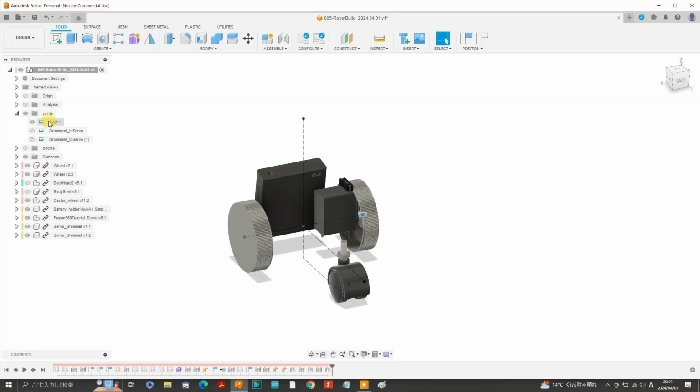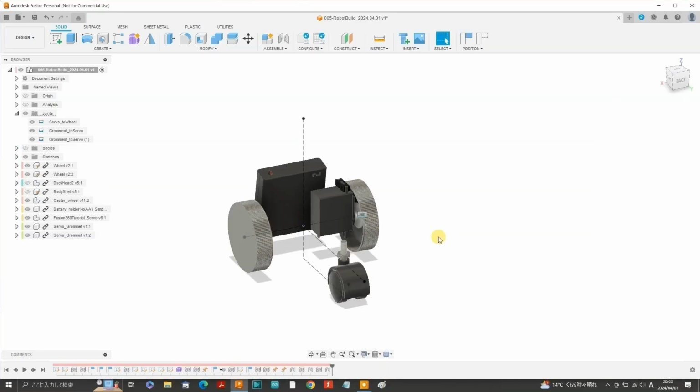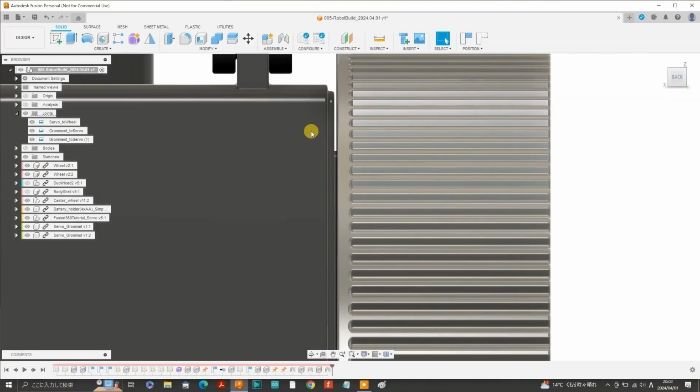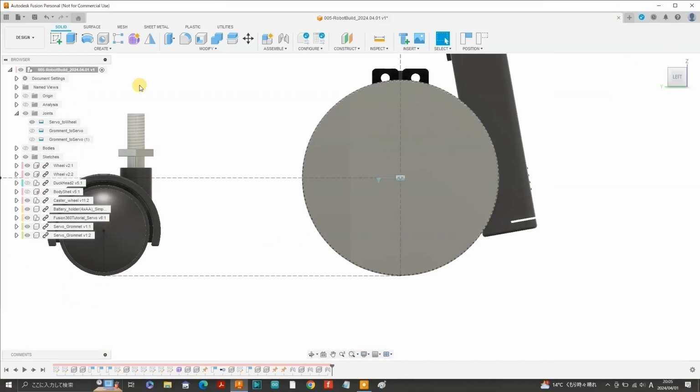So we'll go back to the joint between the servo horn and the wheel. I'll just label it while I'm at it to servo to wheel, and then edit that joint by moving the servo horn away from the wheel by 3.7 millimeters, which is the thickness of the HDPE board that I'll use as a spacer between the servo horn and the wheel. And just zoom in there and we can see that there is enough clearance between the wheel and the servo body and its grommets. Okay, hide the wheel again.